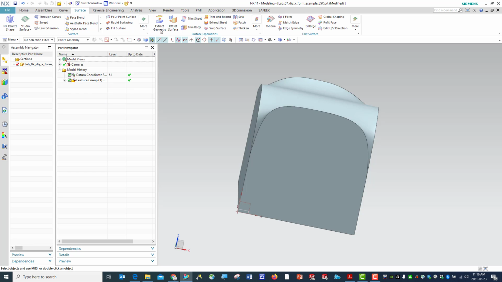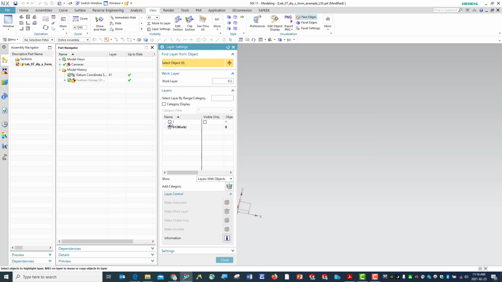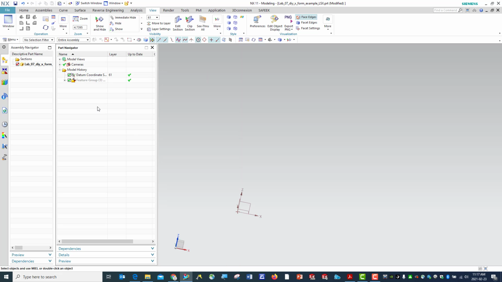I'm going to go to layer settings and make this one hidden, inactive. I'm going to make layer 10 my work layer,